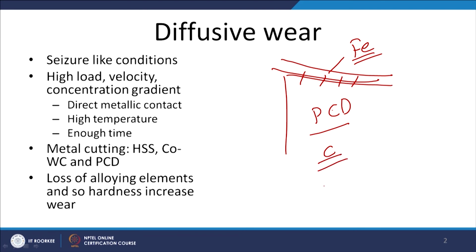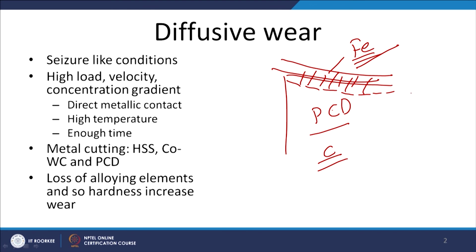So, the carbon at a higher temperature starts getting diffused out to the iron. So, this again leads to damage to the diamond tool bits in the form of loss of hardness, and so during the machining of steel, polycrystalline diamond loses its hardness due to the loss of carbon, and therefore polycrystalline diamonds are not used for machining of steels, but for non-ferrous metals, and glasses can be machined effectively